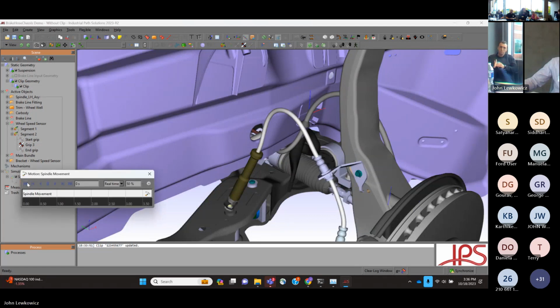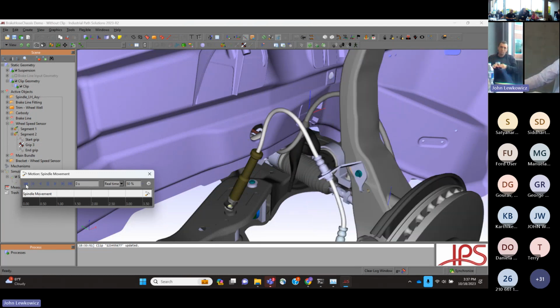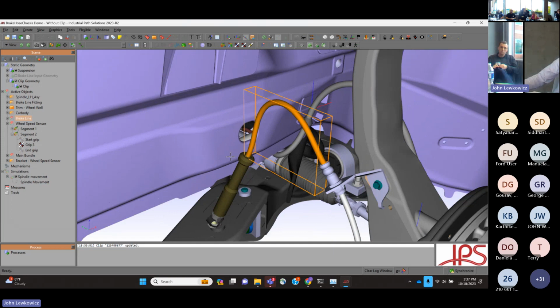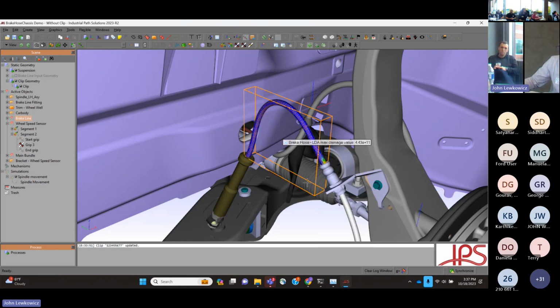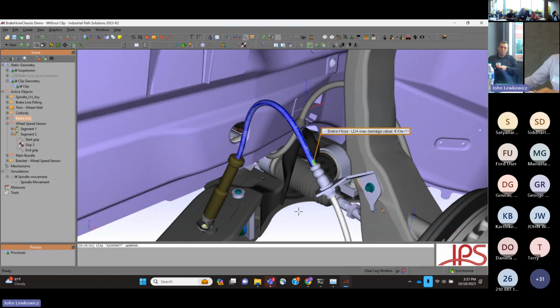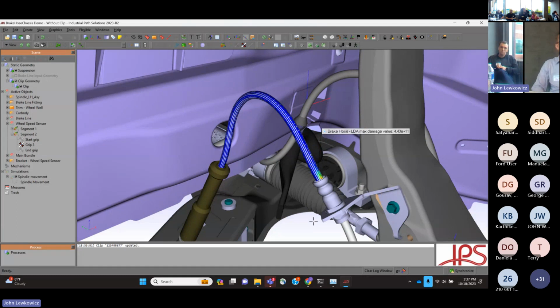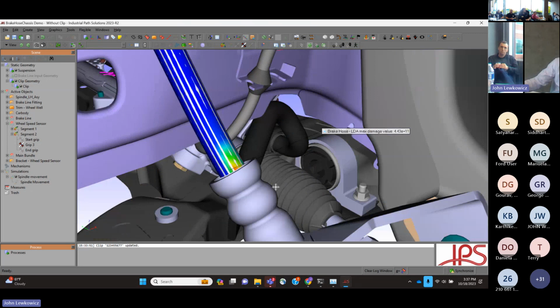First of all, for any flexible that we've created, we can do what's called load data analysis. So for a particular routing, length, etc., we can just right click on the flexible and hit this perform load data analysis button. And that's going to create this value that we call pseudo damage. So it's a unitless measure of the risk of damage. It's not the same as some of the stuff Carl was talking about earlier with absolute life prediction. But what it does do is it gives you a really good idea of where damage is likely to occur